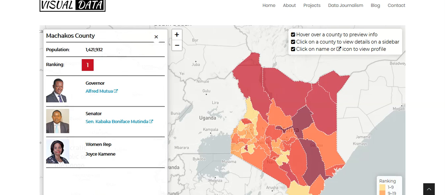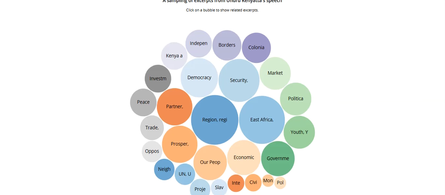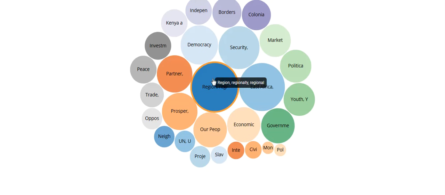So that was what was called the trend line charts, where we now look at what you call sentiment analysis. This is also another way of telling trends. As an example, these were excerpts of Uhuru Kenyatta's speech when he was in Uganda. I wanted to capture keywords, like how many times he mentioned regionally or regional in his speech. As you can see, this is called a bubble chart, and this is the biggest.